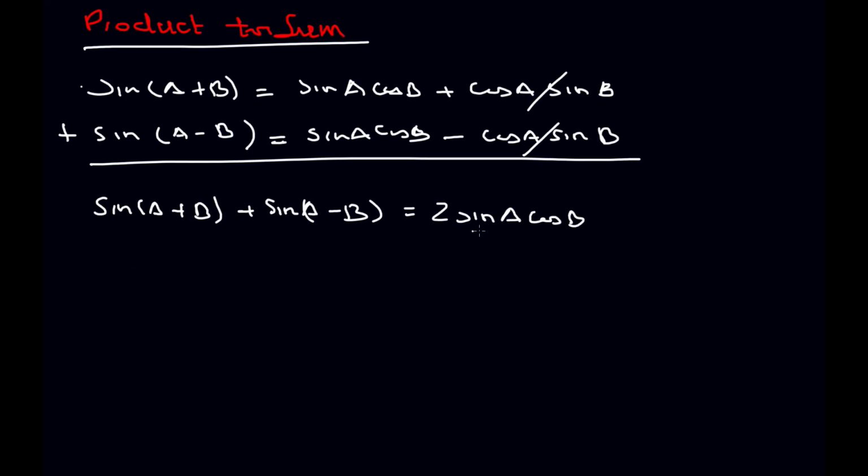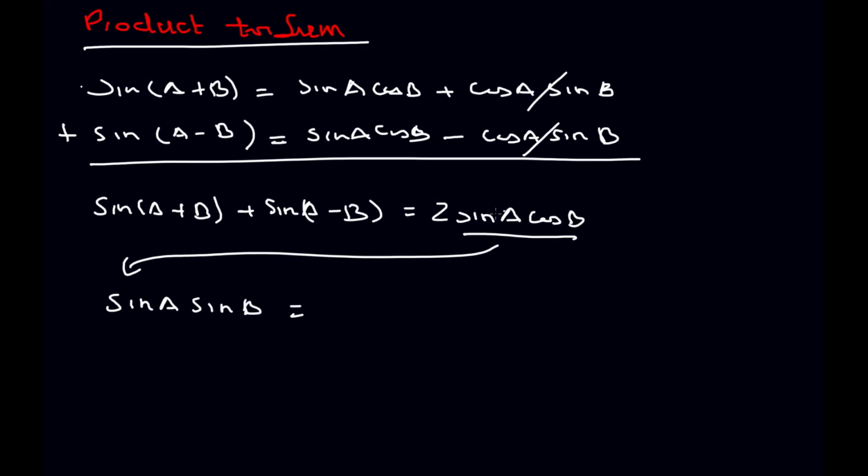Then I can solve for this statement here, right? So it will become sine A cos B. I think we should be very good with algebra now to know that this will divide the other side instead. So then we'll have a combination of these two, sine of A plus B, then we'll have plus sine